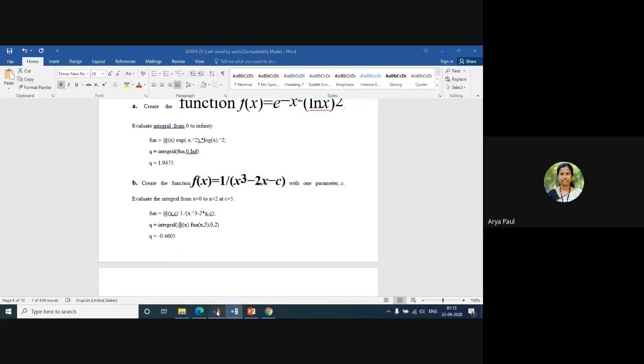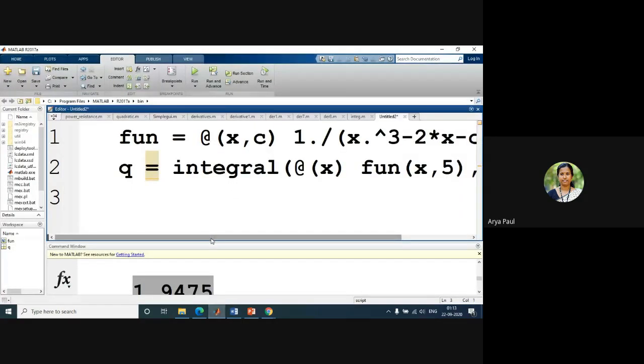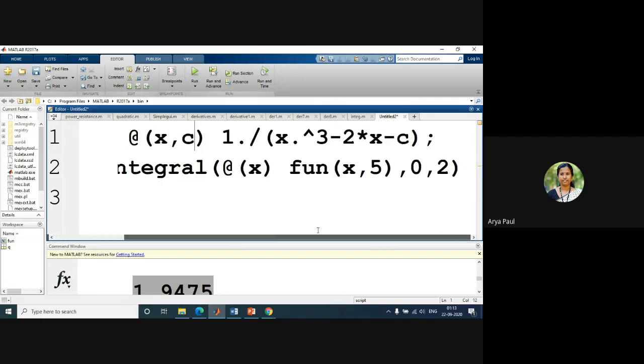Similarly, you can create the function like this: function equals @(x, c). Here there are two variables, x and c, so you need to specify x comma c. Then 1 divided by x raised to 3 minus 2x minus c.